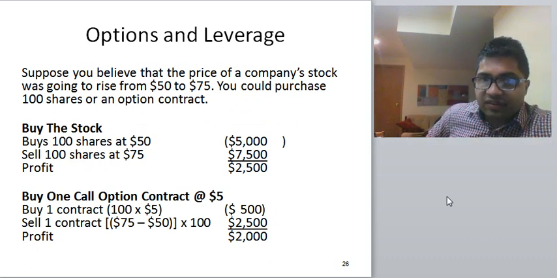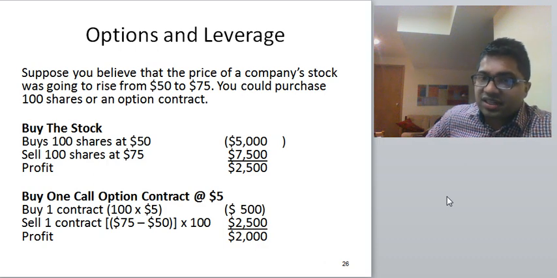Options generally have leverage. For example, suppose you believe the price of company stock is going to rise from 50 to 75, you can purchase 100 shares or an option contract. So they are giving you examples. If you buy 100 shares at 50 and the stock goes to 75, you make profit of 2,500. But let's say one call option contract is at $5, so you buy one contract by paying $5 per stock